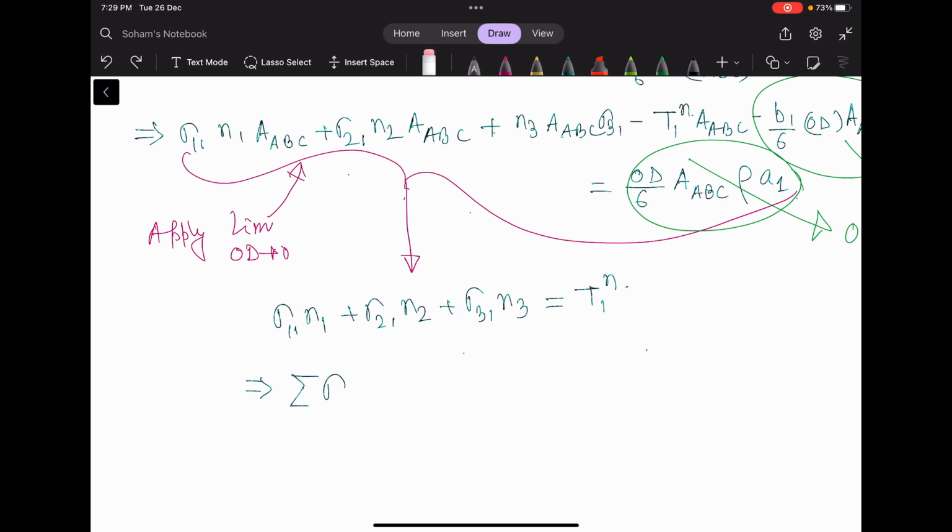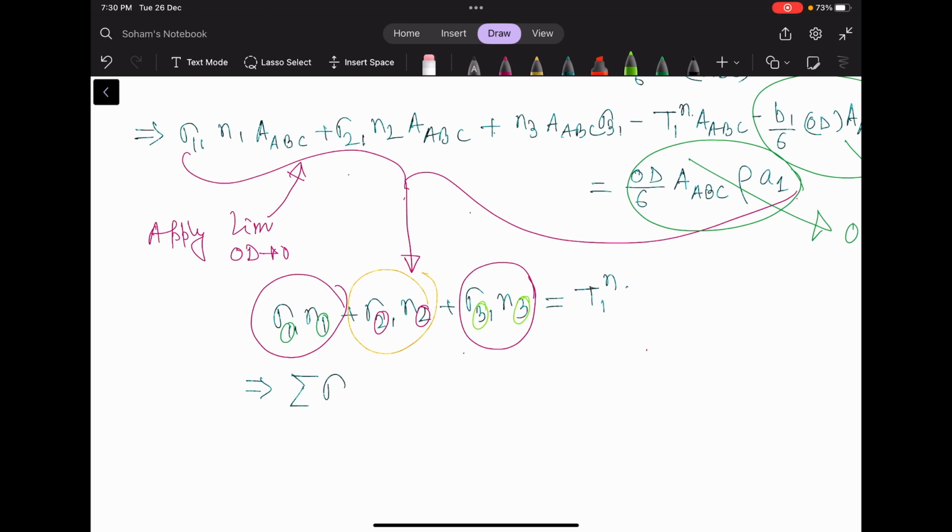In this term, this one and this one is repeating, and in this term, this 2 and this 2 is repeating, and in this term, this 3 and this 3 is